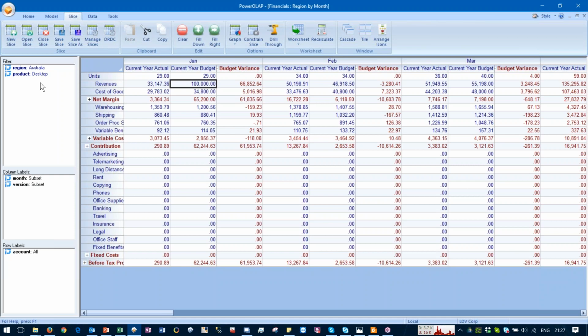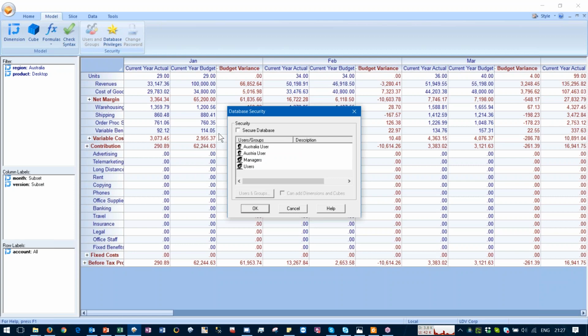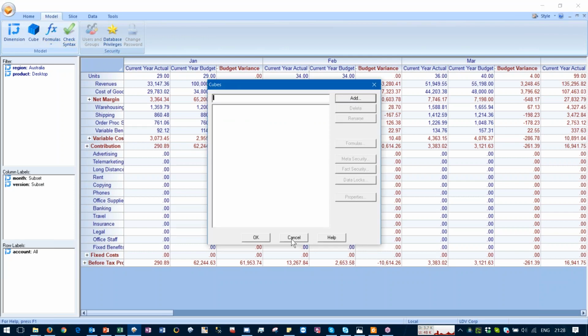Now, you might ask, what about the end user's ability to capture data into the actuals? You will typically not allow end users to capture data into actuals or certain other areas of the cube, and for that we have an area called database privileges, where I can secure a database where I have set up users and user groups, and then I can assign security to different areas of my cube. I'm not going to show you exactly how we write these formulas, but the way that you will do it,